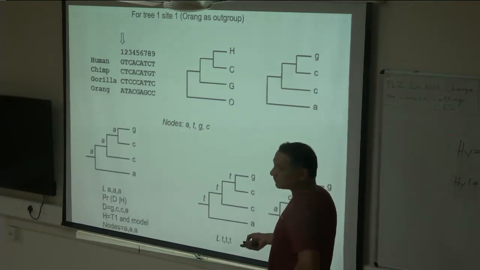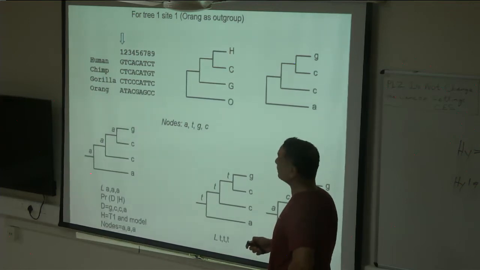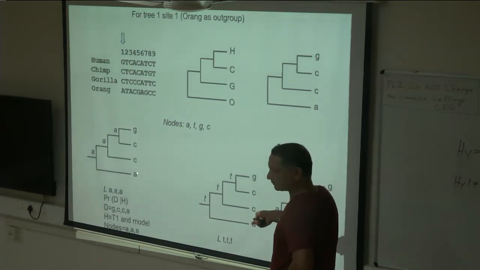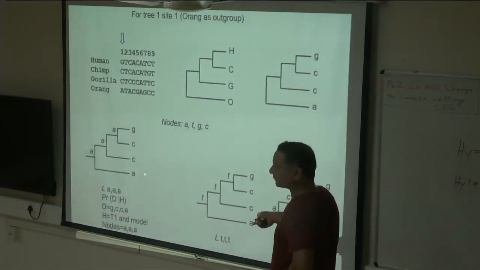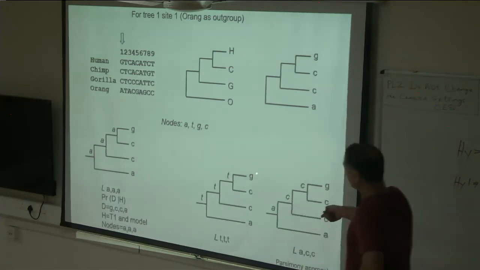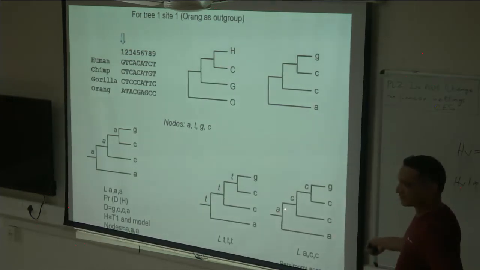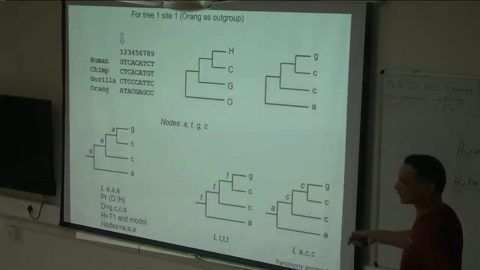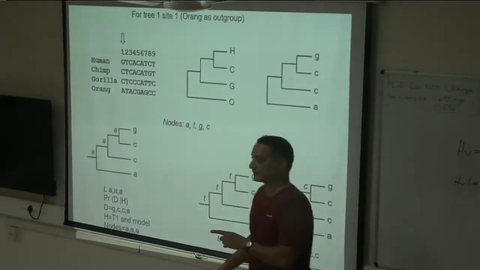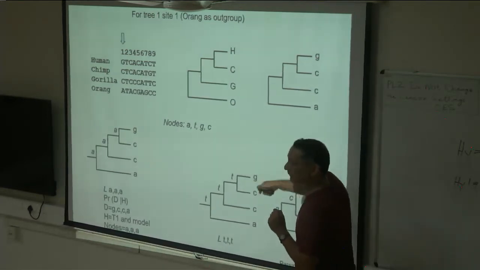What you have to then do is calculate the probability of getting these bases at the tip given those ancestral states. Probability of getting these bases here given these ancestral states. Probability of getting that given these ancestral states. Right? And you can think of many other combinations. You then add up all of those probabilities, and that gives you the likelihood of this sequence given this tree.